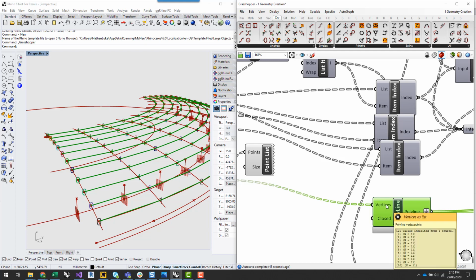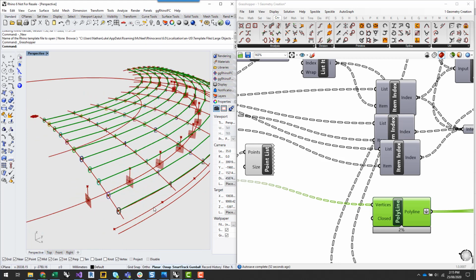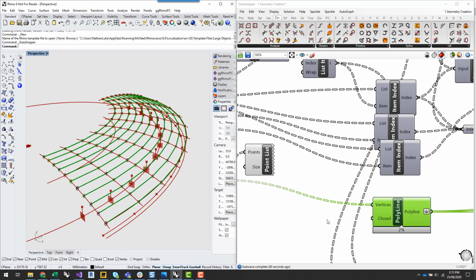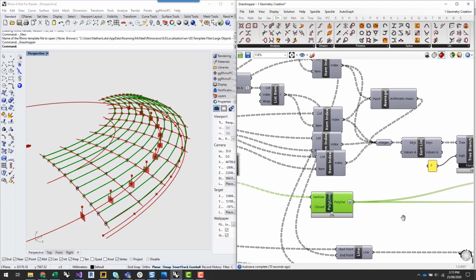Because in structural analysis I want to be dealing with line segments, not radially curved or arc lines, I can generate those purlin lines from the polyline component. Okay, so I'm going to leave that one for now,